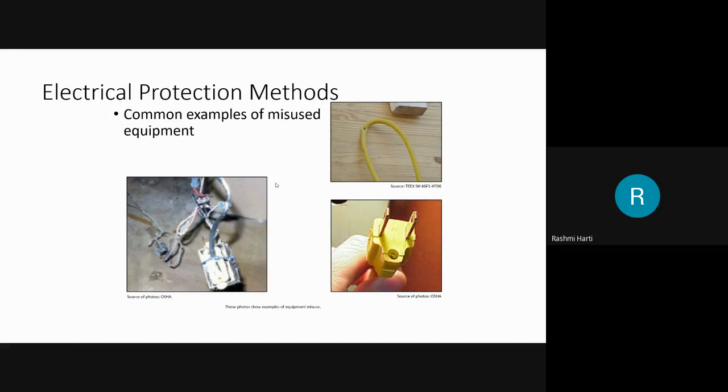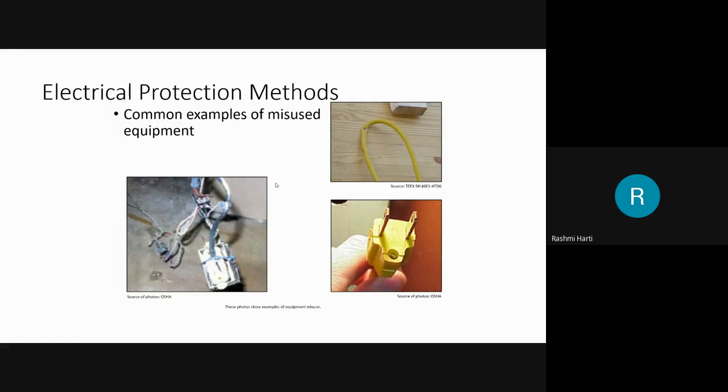Then fabricating an extension cord with Romex wire, using equipment outdoors that is labeled for use only in dry and indoor locations, attaching ungrounded two-prong adapter plugs to three-prong cords or tools, then using circuit breakers or fuses with the wrong rating for overcurrent protection. For example, using a 30 ampere breaker in a system with 15 to 20 ampere receptacles. So protection is lost because it will not trip when the system load has been exceeded.